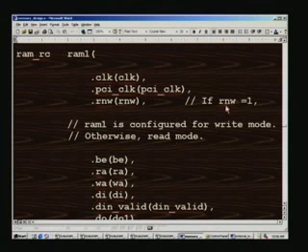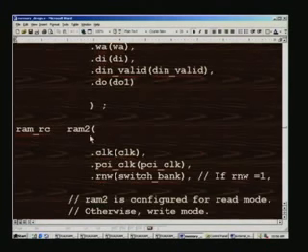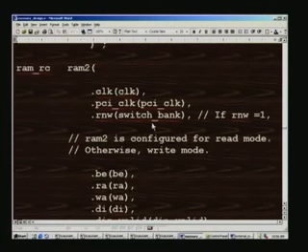For the time being let us stick on to one particular state, so as to know what the role of RAM 1 and RAM 2 are. So clearly RAM 1 is in write mode if R and W equal to 1. Let us see what will be the state of affairs for RAM 2 for R and W equal to 1. In this case it is an inversion of R and W, because switch bank is an inverted R and W, and if R and W is 1, automatically here the local R and W is actually 0. So that means it goes to read mode. So when the RAM 1 is in write mode, RAM 2 is automatically configured for the read mode, and vice